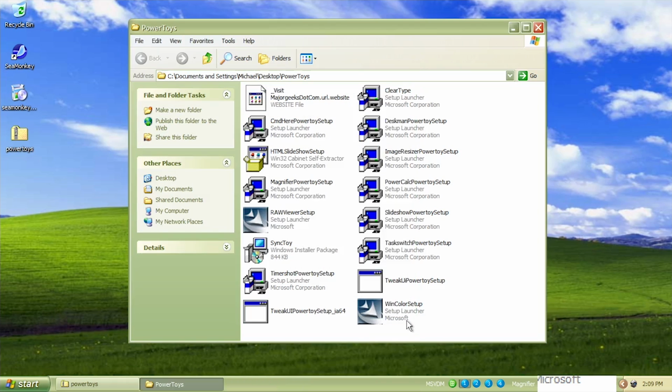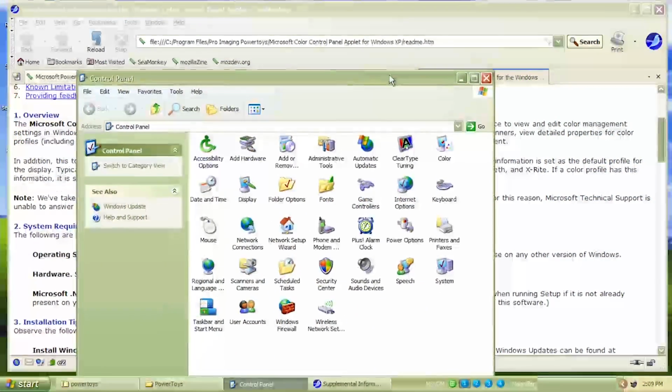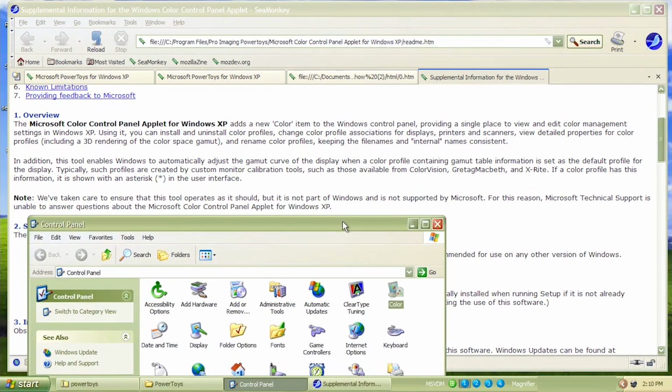And last but not least is WinColor, and this is another control panel applet. Now, unfortunately, I have not been able to get this control panel applet to launch. This is it right here. This is what the icon looks like. I can double click this all I want. It will not actually open up. It's kind of unfortunate. But this is the README documentation, and basically what it does, as it says right here,